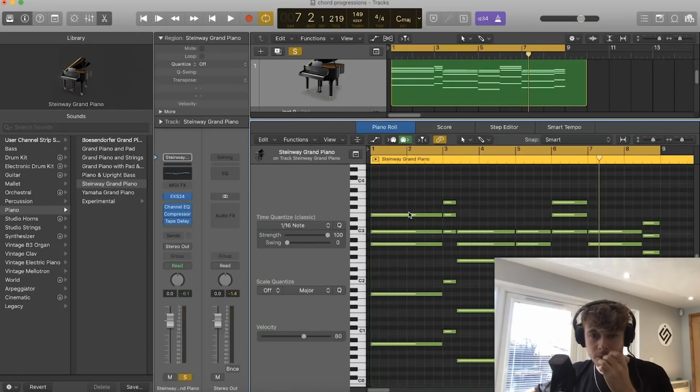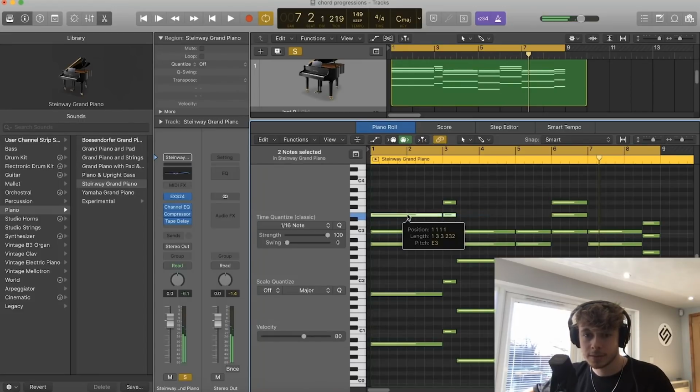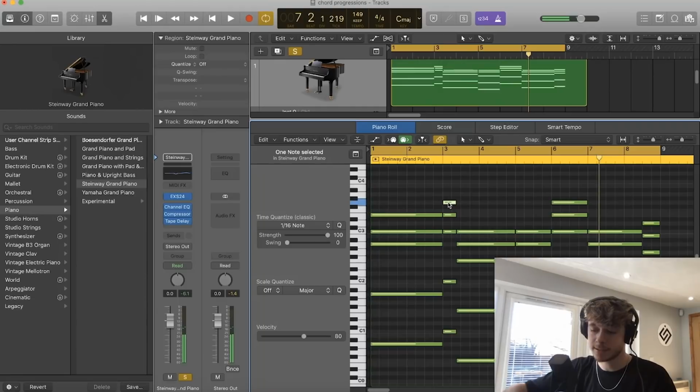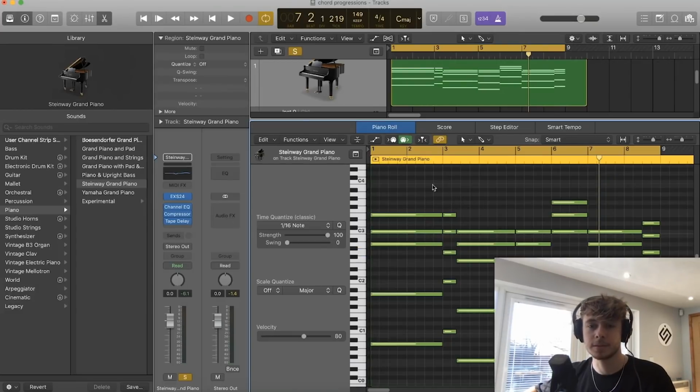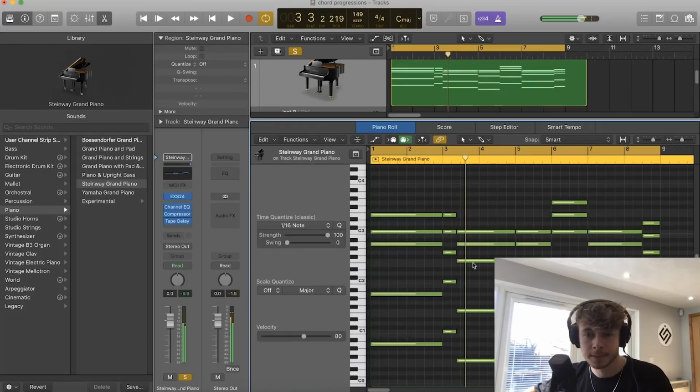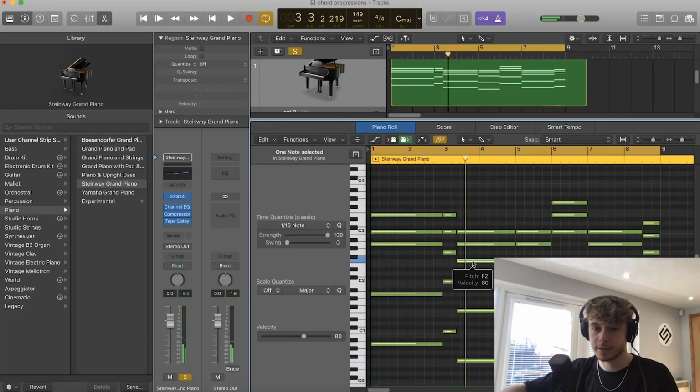So first of all, I'm going to try and find what the common tone is in these chords. I can see straight away that these two share the E, so let's try dropping this down an octave. If you're in Logic, you can just go Alt Shift and then the down arrow or the up arrow to move in between octaves. Here we go, already that can probably go up one, and I can see that that's gone up a semitone above the E, so we're on the F. So I'm going to take that back down